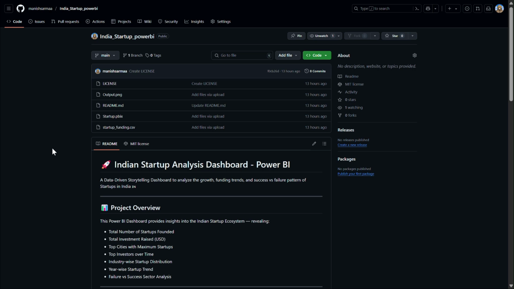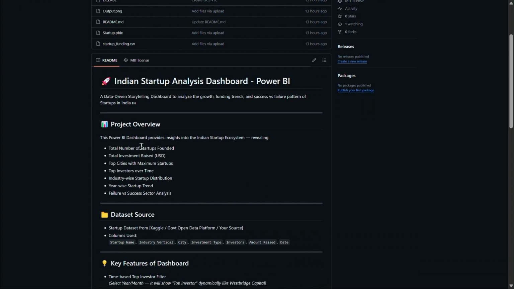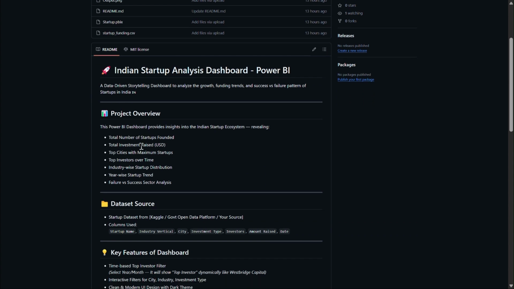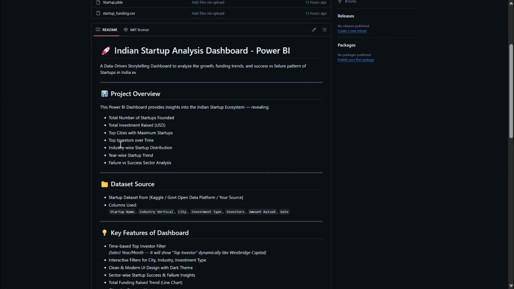Going to showcase my Power BI project, that is Indian Startup Ecosystem Analysis, or you can say startup growth in India. This project is perfect for beginners who want to explore real-world finance datasets and create impactful dashboards. If we go to the project overview section, in this dashboard, I have analyzed Indian startups data from 2015 to 2020, covering how much investment happened, which city attracted the most startups, and most importantly, who were the top investors